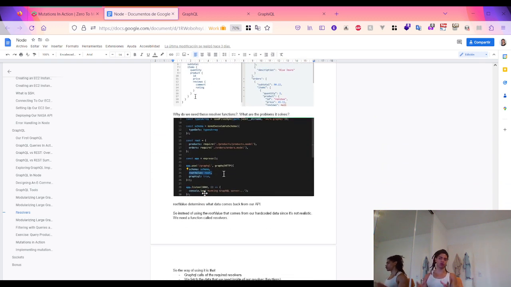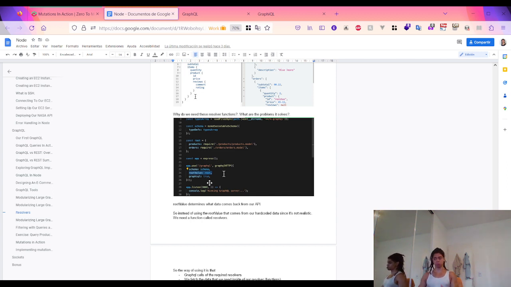Because creating resolvers in our schema is something that can easily become not scalable and hard to maintain,